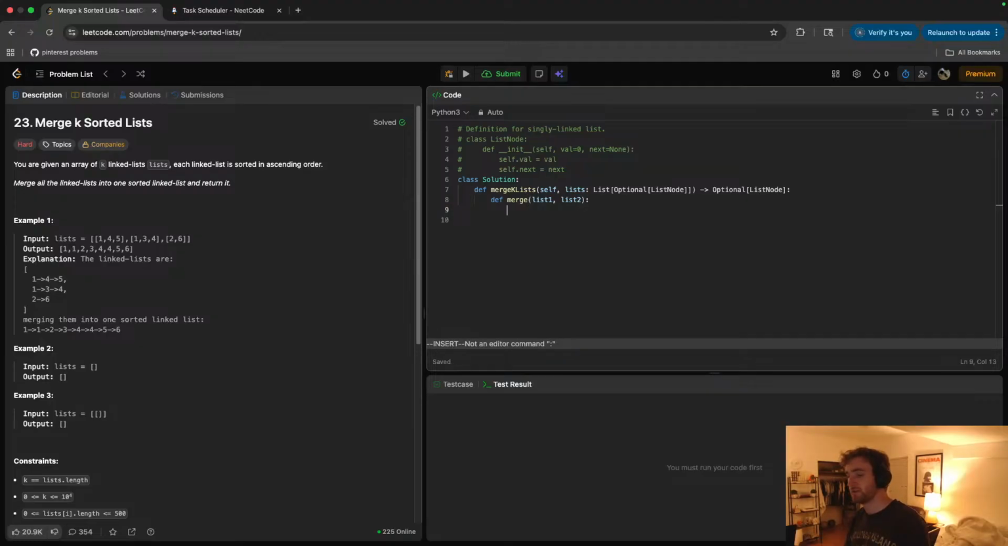Well, this is going to be two lists. And then to merge two lists, well, list one and list two. If list one dot value is greater than or equal to list two dot val,